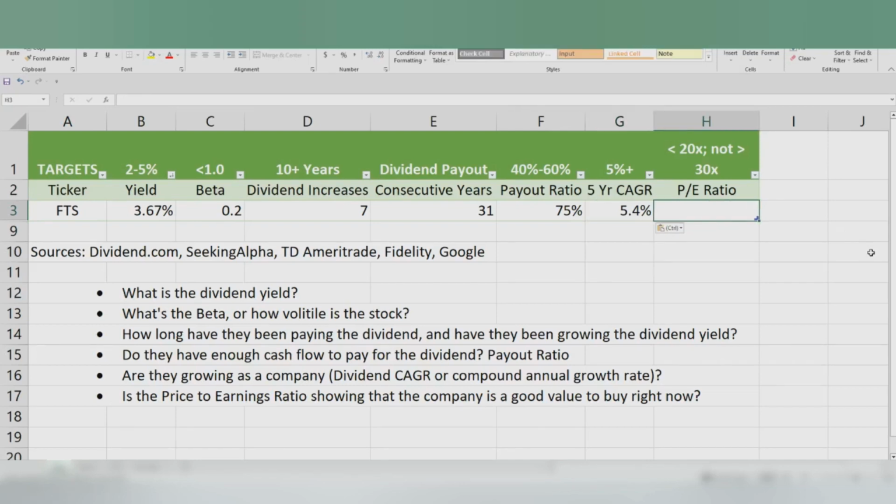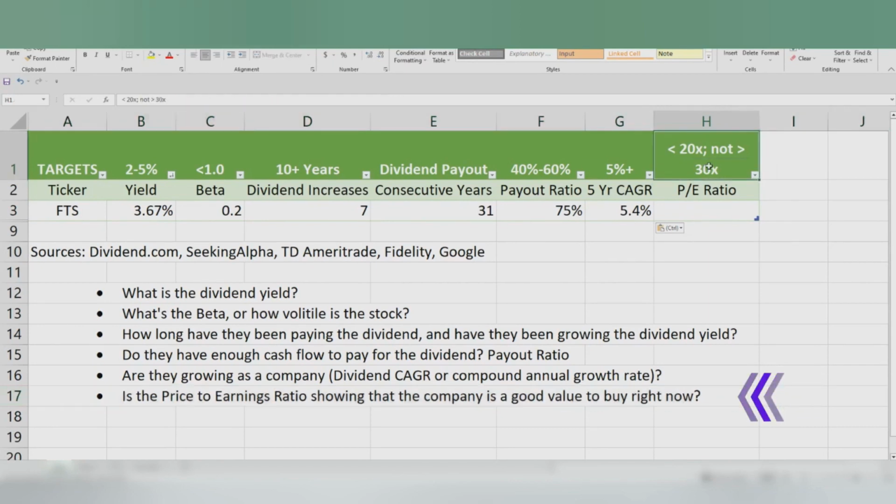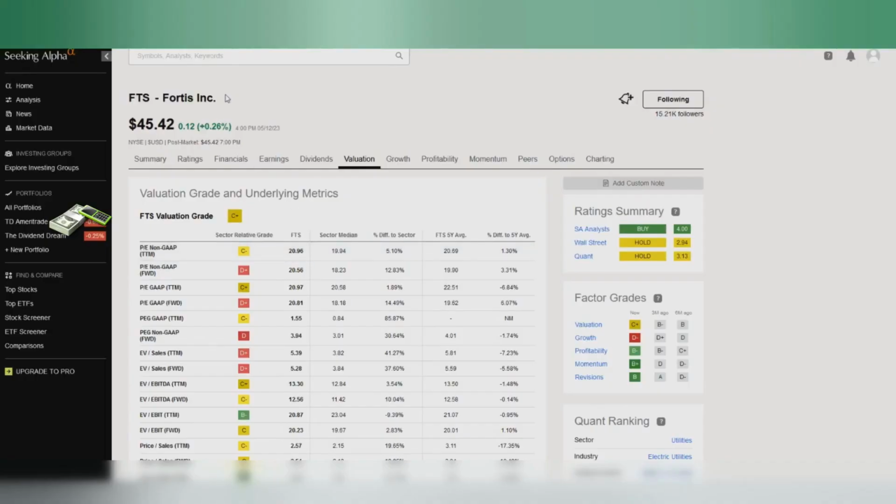The last question is, let's assume that all of these numbers look pretty good as a long-term hold. The final question is, is the price to earnings ratio showing that the company is a good value, meaning it's something I should buy right now because the price is within my range? And so my target here is, I would love to see this under 20, and it could be between 20 and 30, which means it's a fair value, but not over 30 times, because typically then it's not a good time to buy. And so if you go to Fortis and valuation, you can see the PE ratios here about